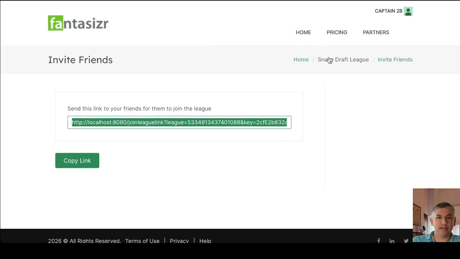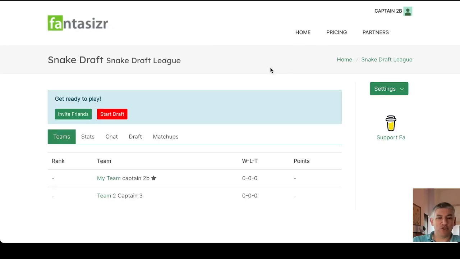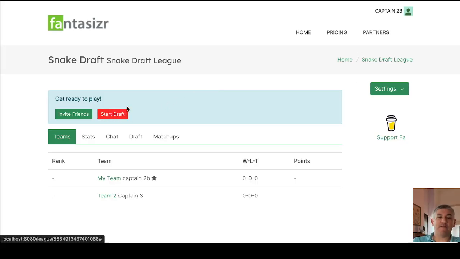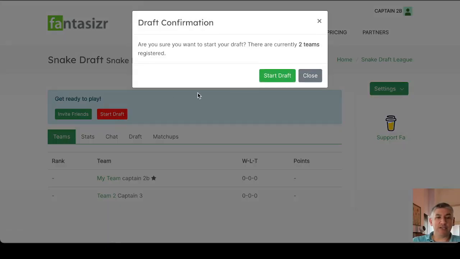So now that my next team is joined, we have the start draft button appear here that we can do the live draft. So after everybody has joined, the admin can click start draft, which kicks it off and starts to distribute the picks. So if I click start draft, this will allow me to start the snake draft. What it does is